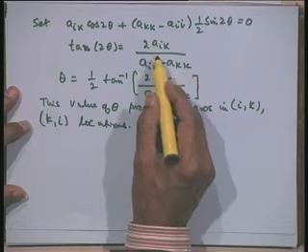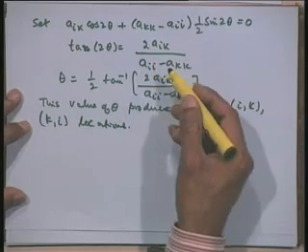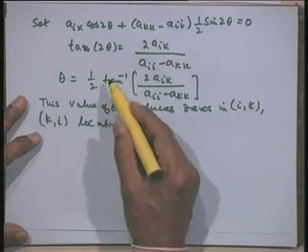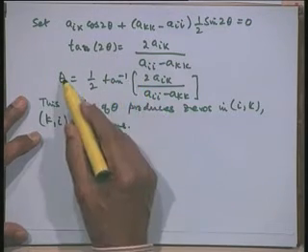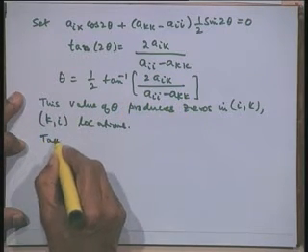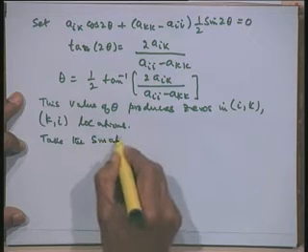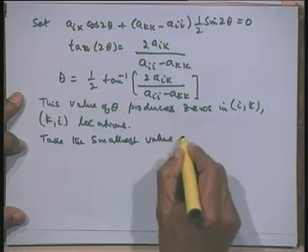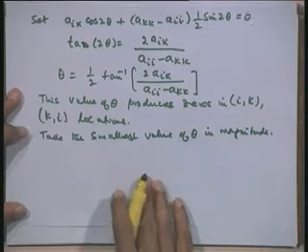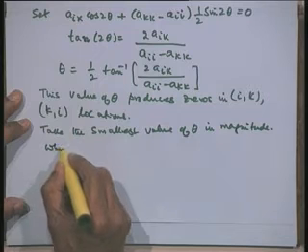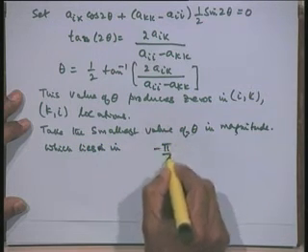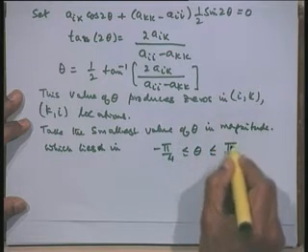Now, tan 2 theta has a number of solutions. More than one solution is available for this, but we would like to choose that value of theta which gives us the smallest rotation of all possible. So, that means we would like to take the value of theta lying between minus pi by 4 to plus pi by 4. So, take the smallest value of theta in magnitude, which lies in minus pi by 4 less than or equal to theta less than or equal to pi by 4.